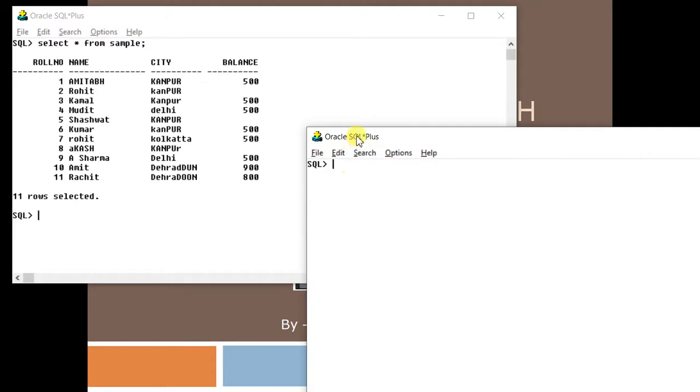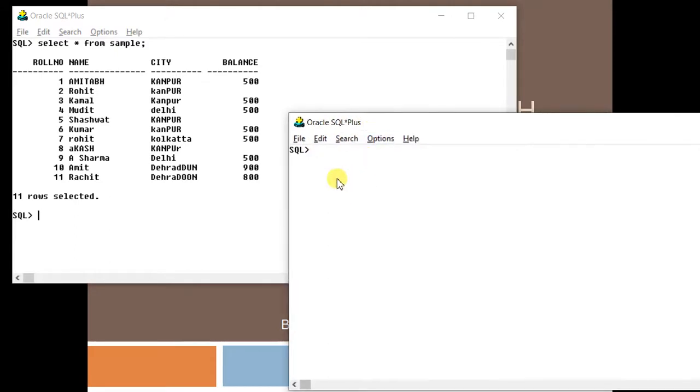Now, let us begin with some very basic questions. Suppose the very first question comes: display records of those students who are from Kanpur. Very simple question. So, what will you type? You will type select star from sample where city equals Kanpur. Now, the problem with this is that when you use a simple comparison operator, SQL looks for the same occurrence